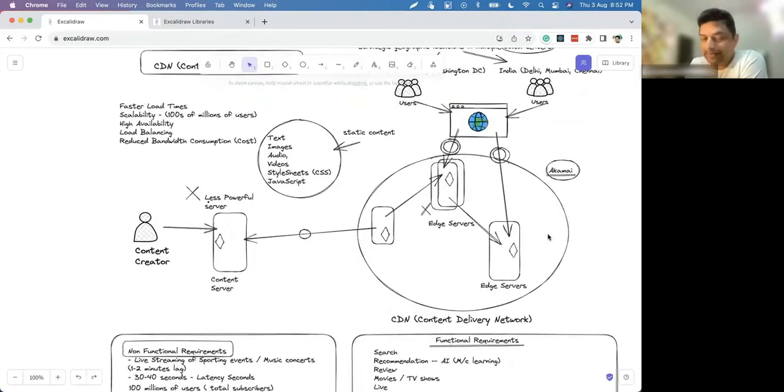CDN is the expensive thing. For every 1 GB of information, they may be paying sometimes millions of dollars if that content has to be kept in multiple edge servers for different geographies in the CDN.